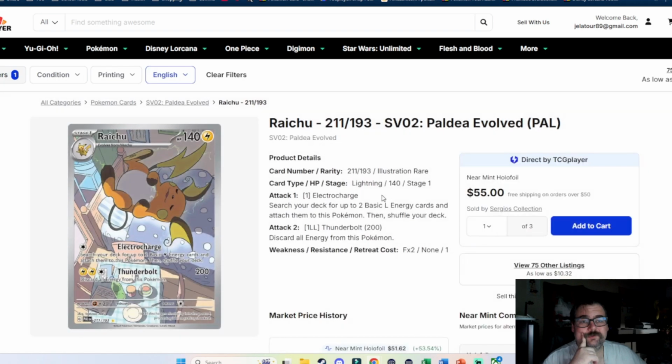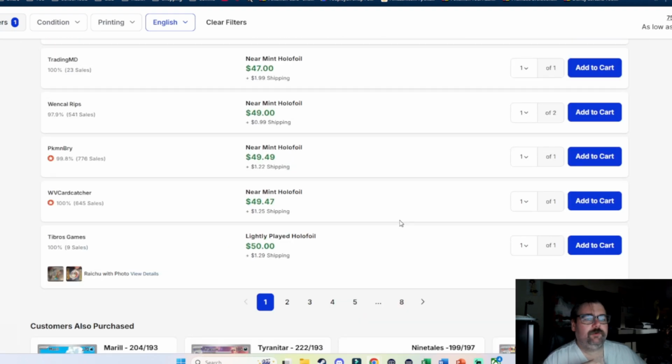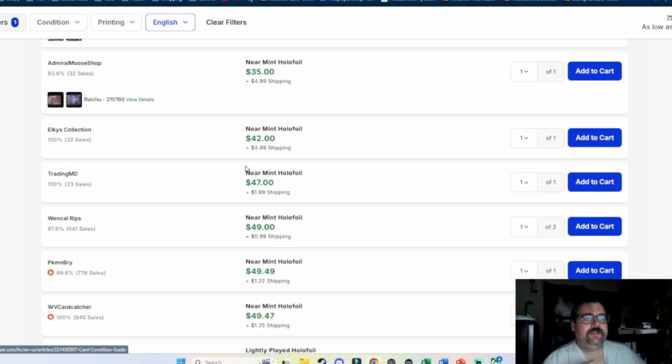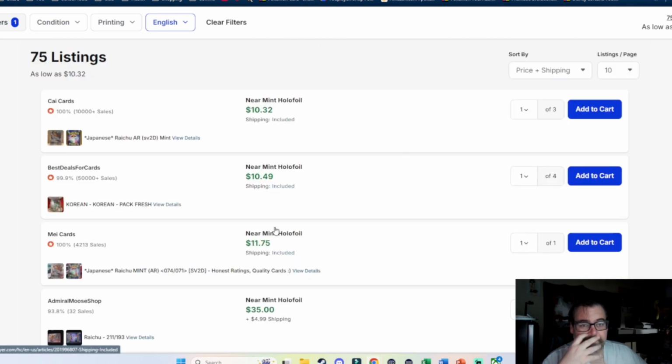Raichu. Raichu illustration rare. Bought out. There was a week-long attempt, or at least a week-long spike in sales. It may not be a buyout, but it does feel that way. It spiked up to 58 at its high point and has started to retract a bit. It's holding steady at 51 for the last couple weeks. That seems to be where its market price sits. But as you can see, there are near mints that are starting to trickle down a bit. For the most part,